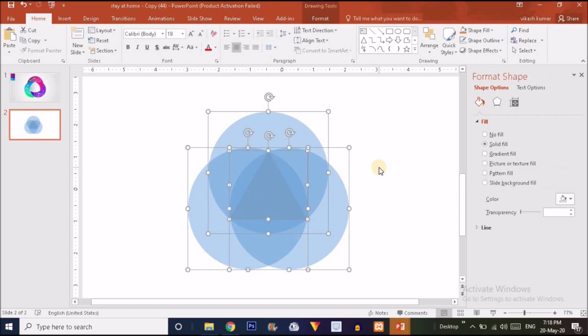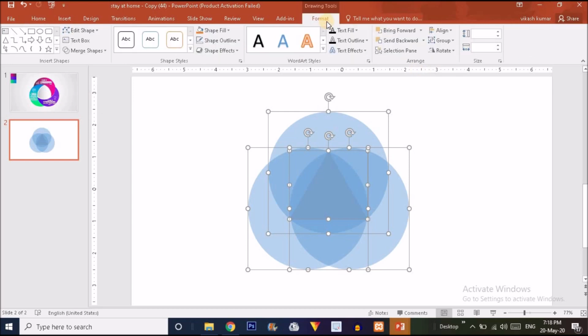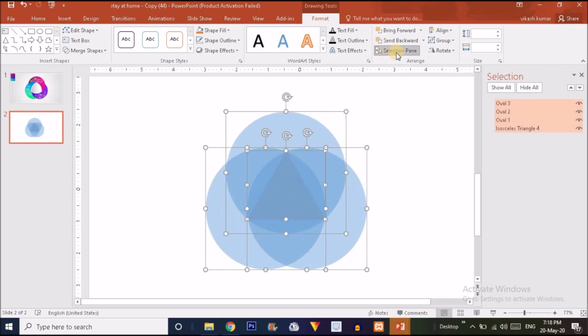Now just press Ctrl and A to select all this shape, and I'm going to close this format shape pane from here. And now just go to the format option, just click on the format, and here you will find the selection pane option. Just click on that, and you will find we have created oval 1, oval 2,